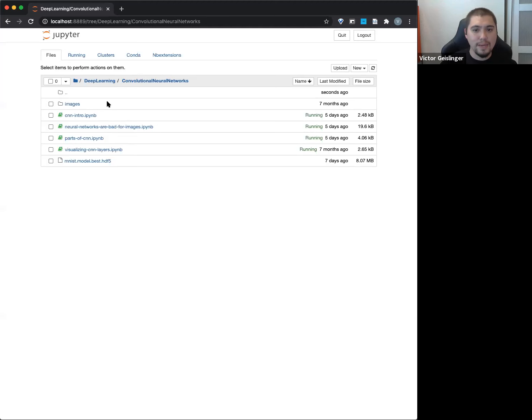Okay, so let's see here. Neural networks are bad for images. This is my clickbaity title, right? It's super bad. One thing to note is that with a neural network, we can only pass vectors in. When you think of what an image is, it's a 2D array of pixels. I think everyone understands what pixels are at this level. Basically there's a whole bunch of values, usually going from 0 to 255 for most cases, each saying how bright the pixel is. That's for grayscale, right?